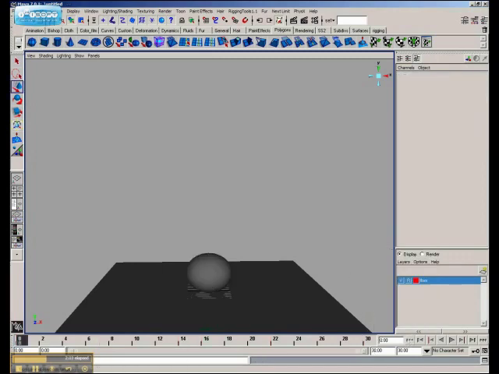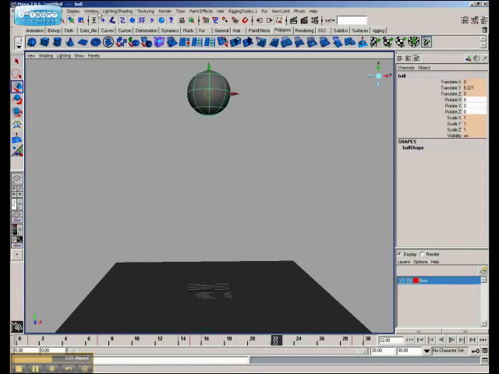So what that does is gives me a nice squash and then stretch, and then it slowly comes back to its normal scale, and then stretches again, boom, back to its normal scale. Now what I'm going to do also is in the graph editor,